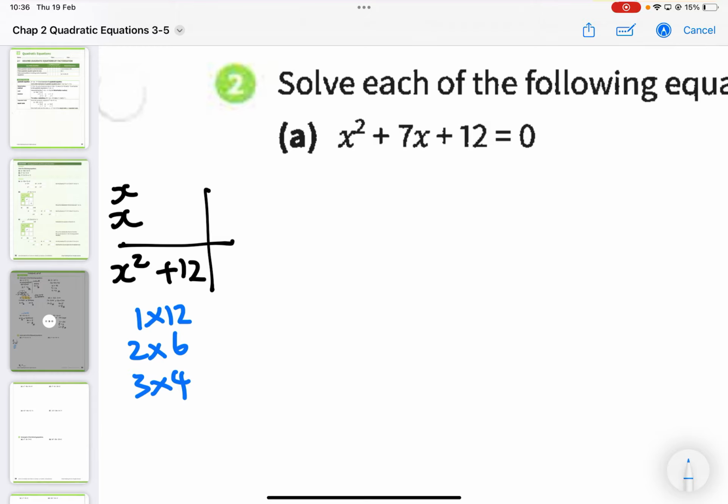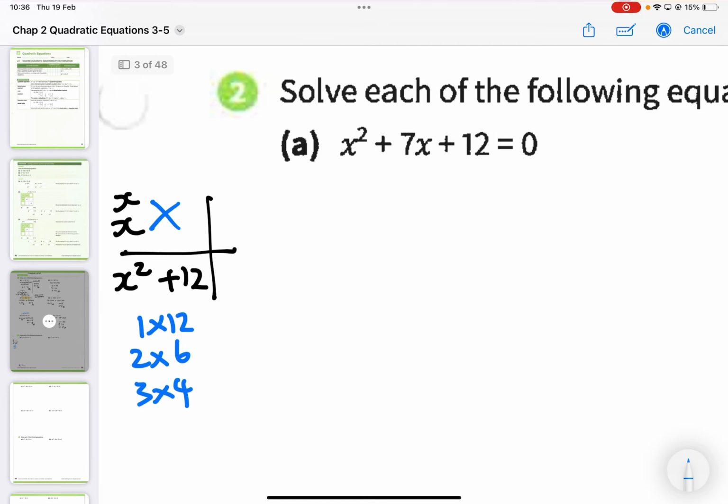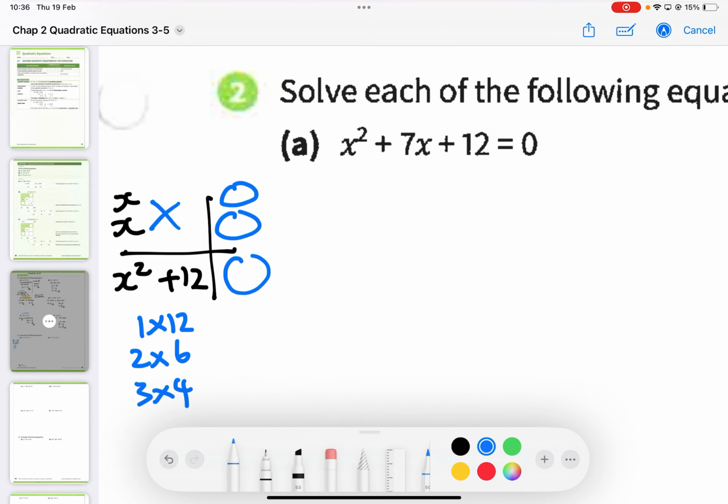Okay? Then we must fit these two numbers over here. Either 1 and 12, 2 and 6, or 3 and 4. But I know that after I put these numbers, they will cross. Then after cross, they will appear here. Then when they appear here, I add them up. They must give me